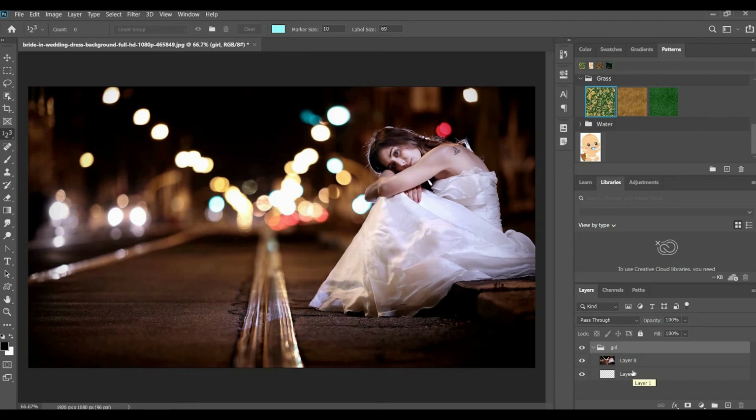The main use of this grouping is when you are doing a big project like designing a whole website using Photoshop. So at that time you can use this grouping option. You can use groups for header, footer and slider. So for such things you can use this group.